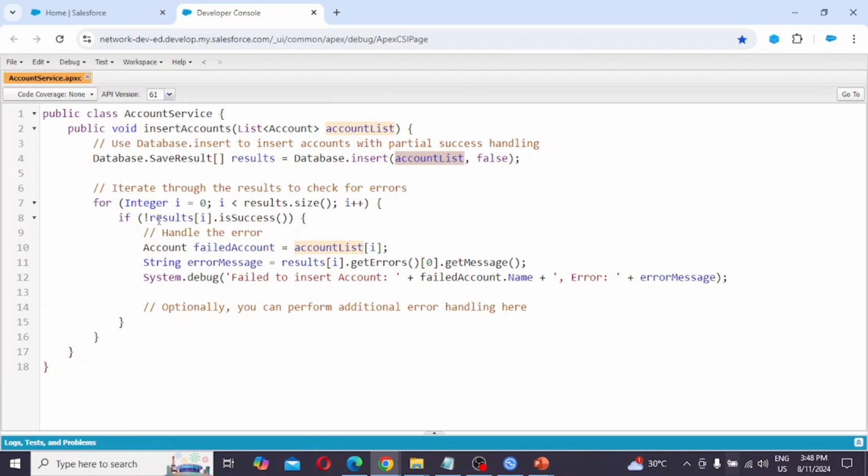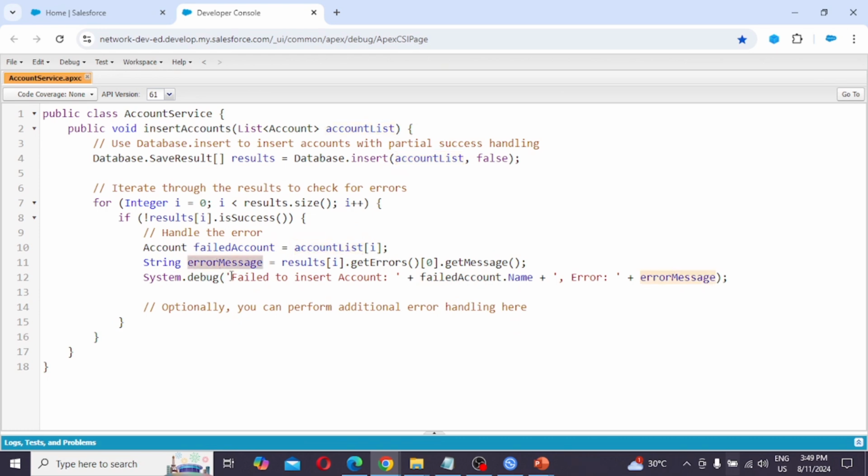So for, we are creating a variable of type integer, i = 0; i < results.size(), what the data it's holding, dot size, and incrementing i++. If !results[i].isSuccess(), handle the error. Account failedAccount = accountList[i].